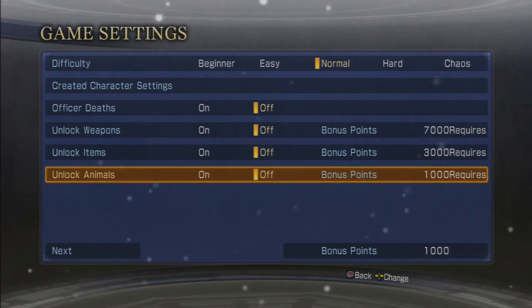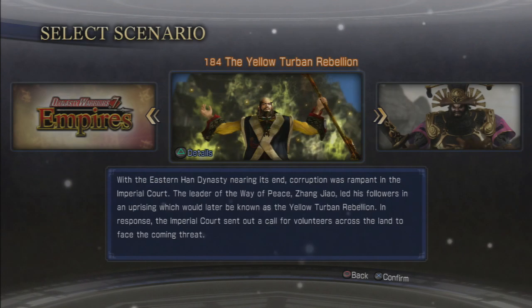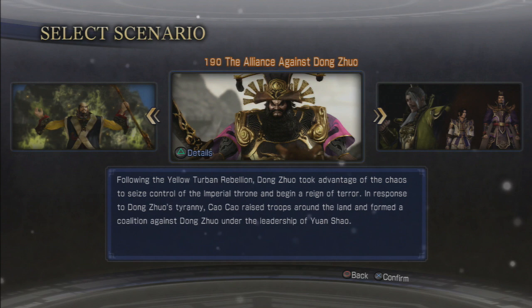I have 1,000 for the unlock animals. I could start with red hair. Nah, I'll leave that, because I could earn red hair pretty quickly, so I'll just leave that off and save it for later on. So the scenario we're going to do is...